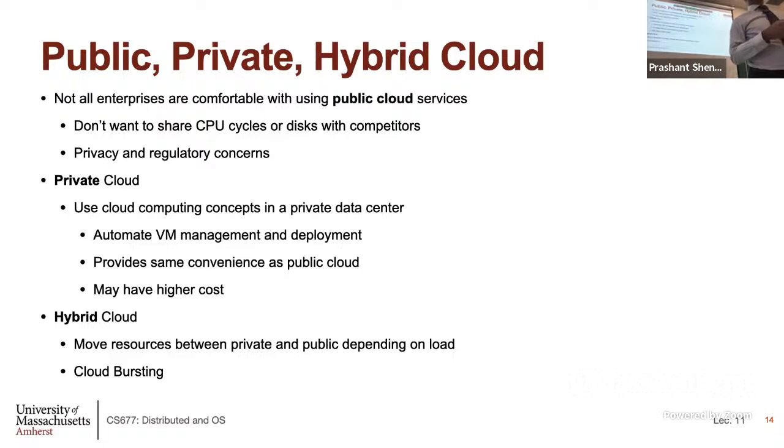Now you have one of two options. If some employee says, I need a VM, you say, no, machines are all in use, can't give you a VM. That's one option. Second, the private cloud can go and get a public cloud resource, create a VM there, and hand it to the employee, saying, we are temporarily full, but I'm going to give you a VM on the public cloud. So you're essentially using a combination of resources in your private cloud and your public cloud to meet your overall demand. Whenever you exceed your private cloud capacity, you overflow into a public cloud.